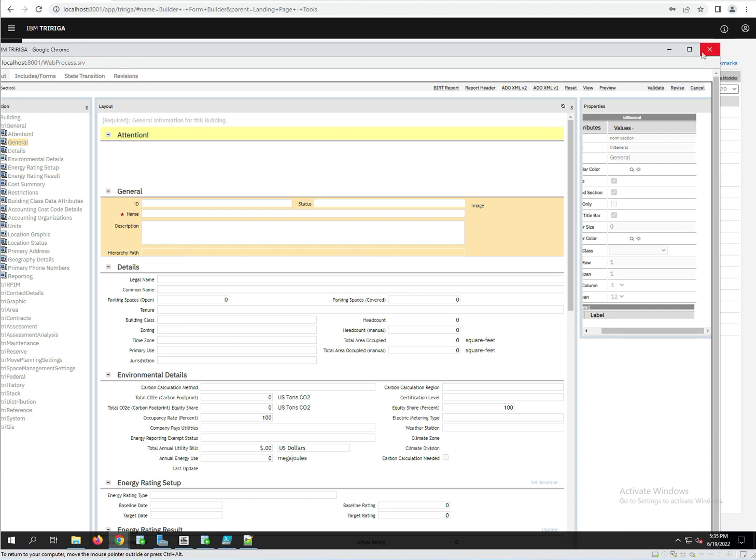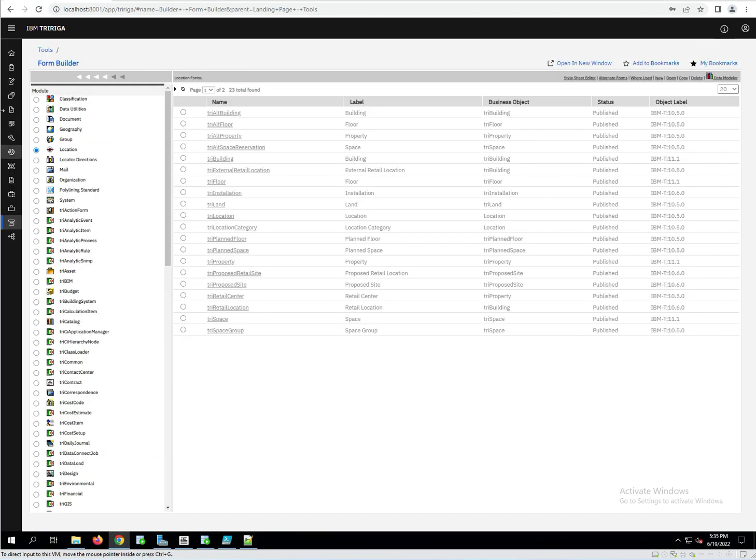All right, I'm going to go ahead and close this. And so the form builder, you can see on the left here, it's by module, right? So even though you've got multiple business objects in a module, the form builder is not at the BO level, it's at the module level, is kind of how you do the navigation here. Not necessarily intuitive. You'd think it would be at the BO since the forms are the presentation for the business objects, but